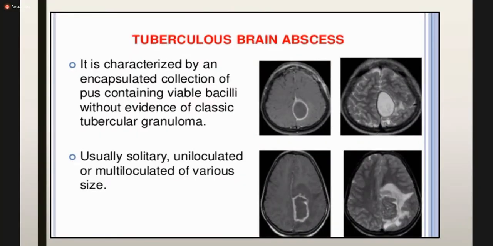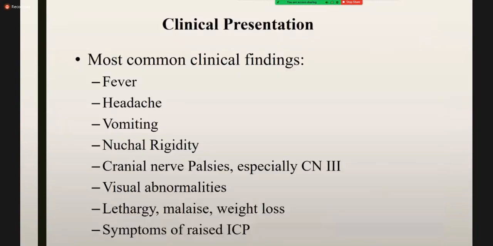And these are the MRI sequences of tuberculous brain abscesses, and again there is a classical solitary tuberculoma, with a lot of fluid and edema around it. Now, the clinical presentation of these brain abscesses is fever, headache, vomiting, neck rigidity, certain cranial nerve palsies, especially third cranial nerve palsy because of raised ICP, visual abnormalities, and systemic problems like lethargy, malaise, weight loss, and symptoms of raised ICP like persistent headache, vomiting, photophobia, phonophobia,